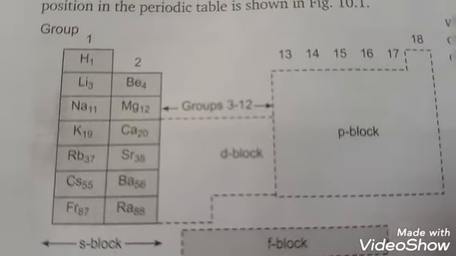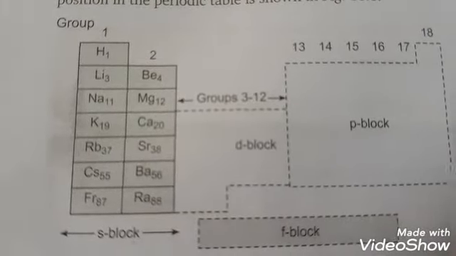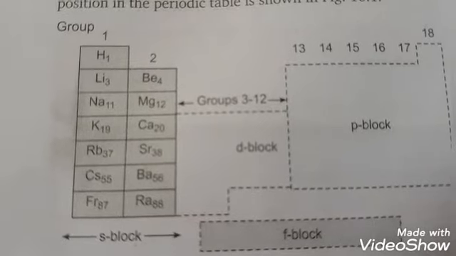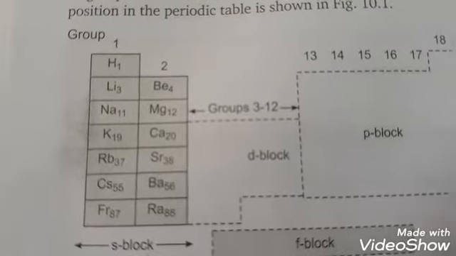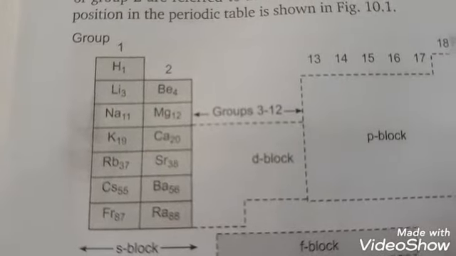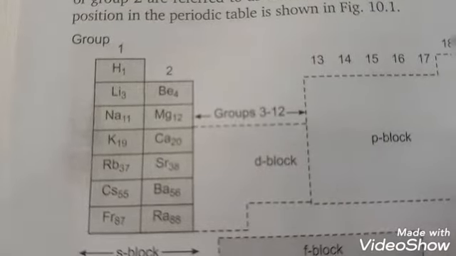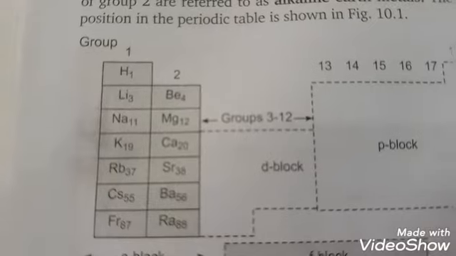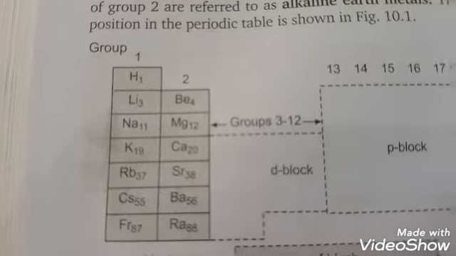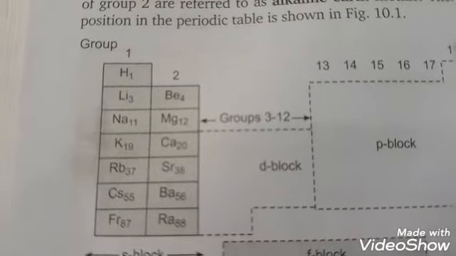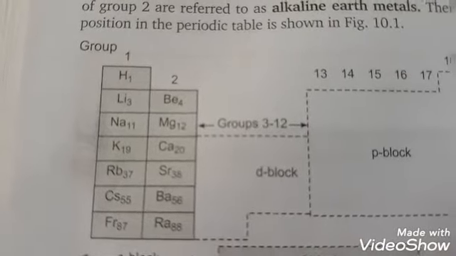S block elements: occurrence. The s block elements do not occur in the free state in nature. Among the group 1 alkali metals, sodium and potassium are the 7th and 8th most abundant elements in the earth's crust. Electronic configuration: as I said, the valence shell of these elements consists of only one orbital, the ns orbital, and the differentiating electron enters into it. Therefore, these elements possess the electronic configuration of type ns1 to 2. All the inner electronic shells in these elements are completely filled.